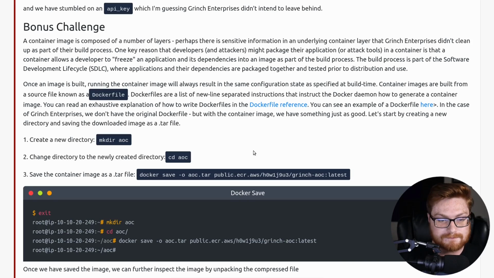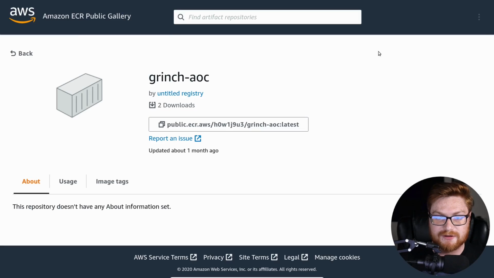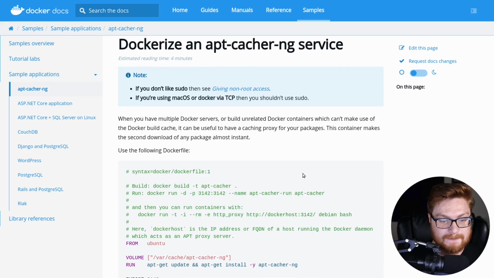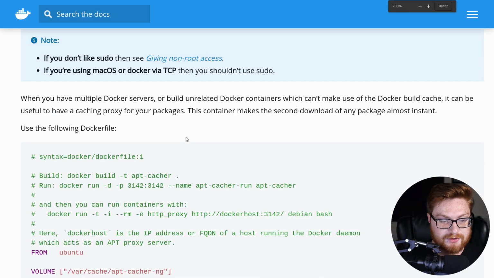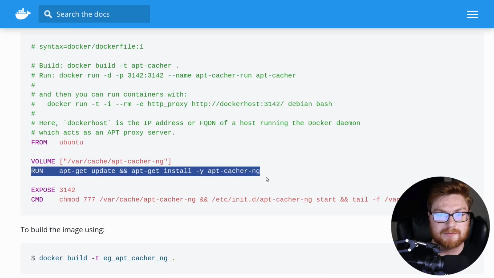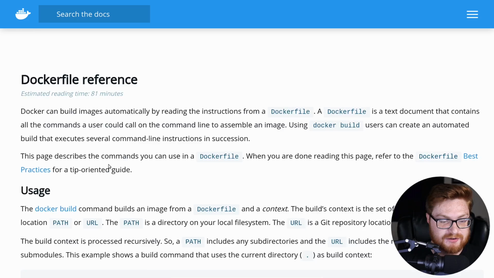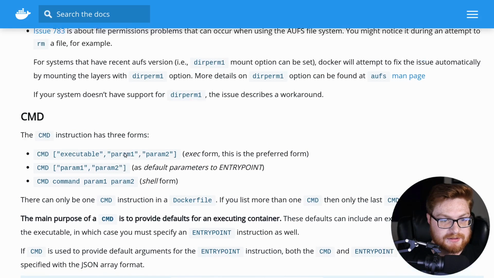But oh goodness, did I start to do some of the stuff already done here? Oh, they also have an example of a Dockerfile. Let's go explore that for a moment. Here it is. You can see there is a FROM line, volumes that it might be using, and then commands that are run at build time when you build an image with that docker build command. You expose a port, and then you specify a command to run. That's all the case may be.